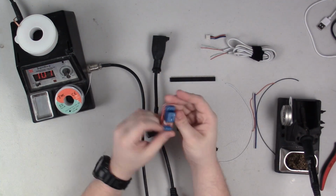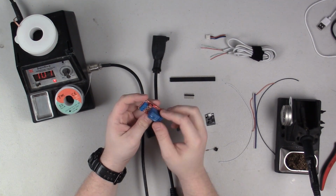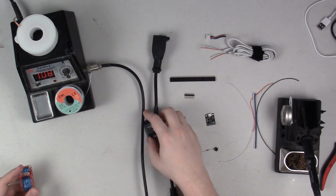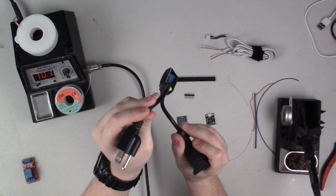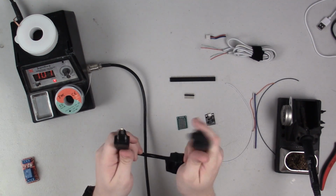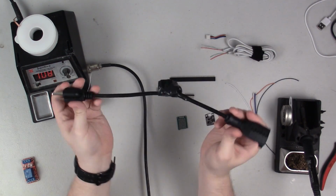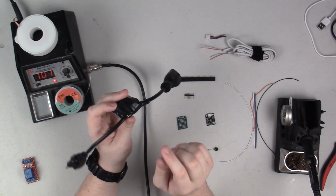You will also need one of these sort of relay modules, and these are pretty cheap as well. I think they're also about $1 or maybe $2 on eBay, and I'm not actually going to use one of these here. I have a power cord that I have already incorporated a relay module inside of. So instead of rewiring and finding a new little mini extension cord, I'm going to use an existing one. But the basic idea is that I took a mini 1-foot extension cord and opened it up, and I connected